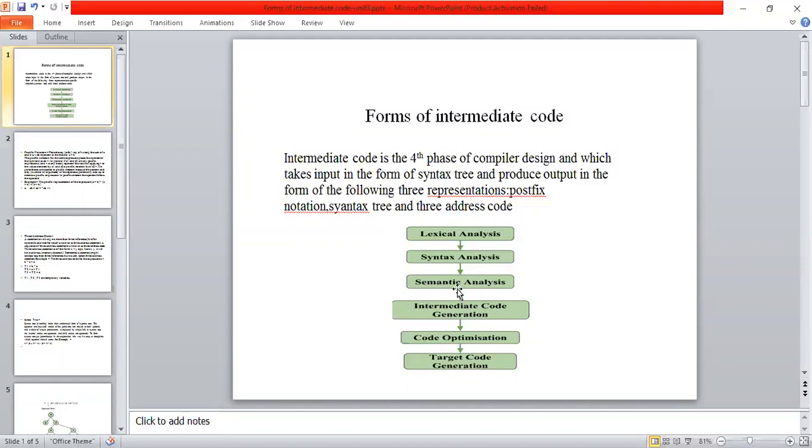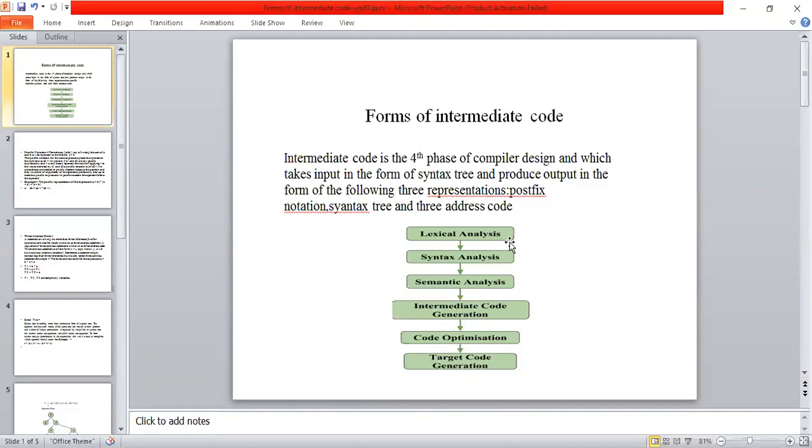That syntax tree is given to the intermediate code. Now the intermediate code receives input in the form of a syntax tree and produces output in the form of these three representations called postfix notation, syntax tree and three address code.